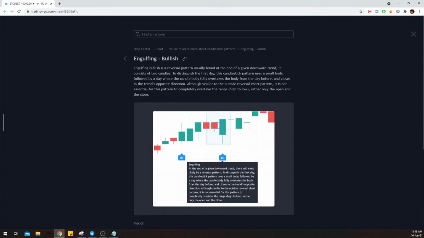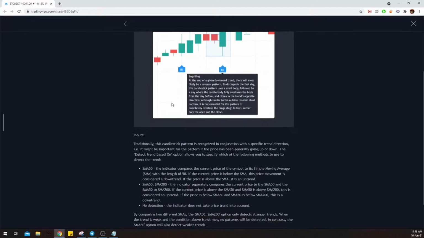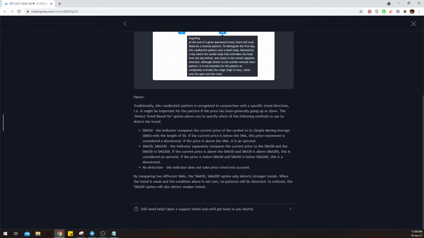So in this case, you can see again, it's another reversal. And in general, it is found at the end of a given downtrend. It consists of 2 candles. So we always have the first bear candle, which you can see is going to be much smaller in size than the next bull candle that we are going to have. So it has a small body, and after that, the next one is going to overtake the body, with both a higher close, a lower low, a higher high, and kind of everything bigger than the other one. So yeah. And at the same time, like I said, it's always good to use it in contrast